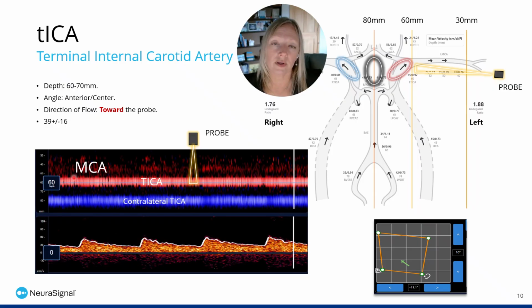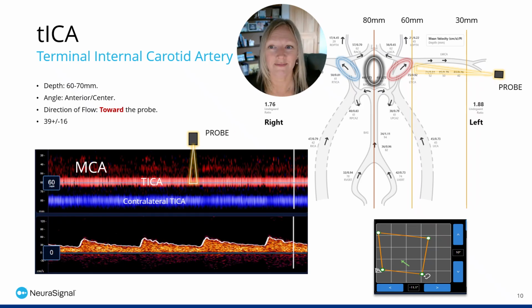And what will happen is on your M mode, you can also identify the other side terminal ICA. We know that there are no vessels between the ICAs and the neck. So you'll see the ICA on one side, there'll be no flow between the ICAs, and then you'll see the ICA on the other side. So a 12 to 14 millimeter gap between your ICAs, blood flow towards the probe between 60 and 70 millimeters will be your